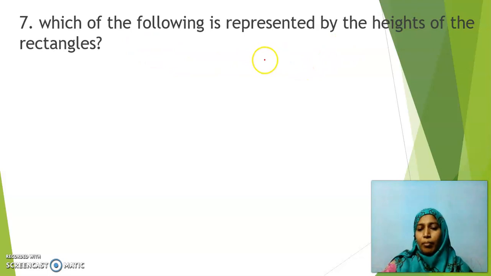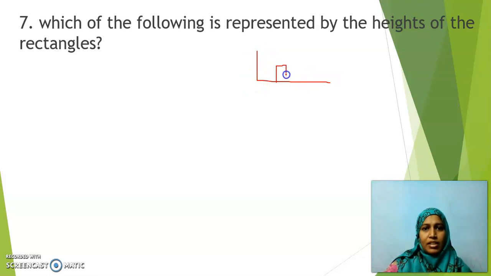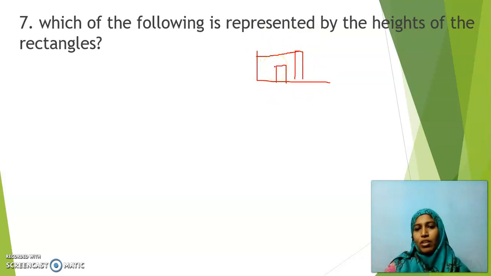Rectangles in a graph. Actually, this question is about the graph. In a graph, we used to have bars like this. These are rectangular bars, isn't it? They are asking us, what does this height represent? The height depends upon how many students or how many patients are being admitted. Isn't it? If this data is about the number of patients